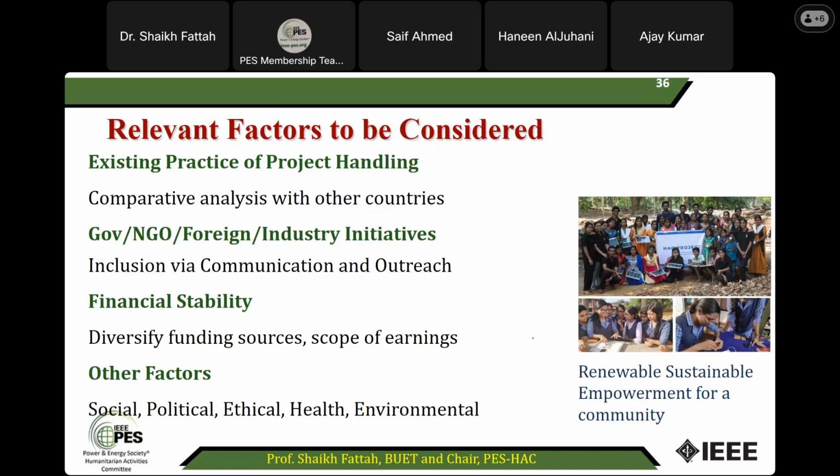And the financial aspect is very important. As I was telling, if your finance is interrupted after phase one, what will happen? That's why good project planning does not rely totally on one particular source. Then there will be big trouble. If you have alternate management, then it's always better. And there are other factors like political, social, ethical, health, environmental, that are always there. I told these things earlier.